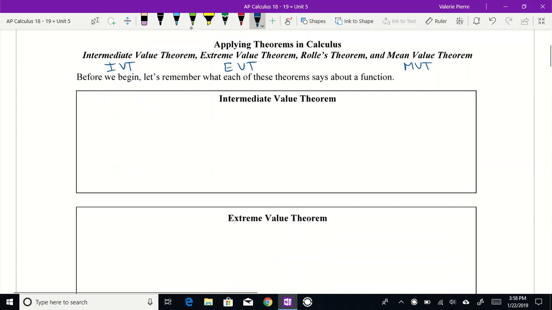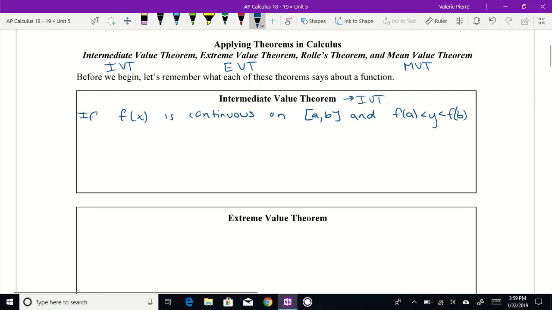So intermediate value theorem, in other words, IVT, states that if f of x is continuous on the closed interval a to b, and f of a is less than y, which is less than f of b, or f of b is less than y, which is less than f of a. In other words, if y is between f of a and f of b,